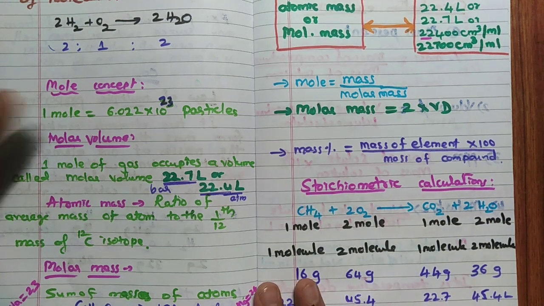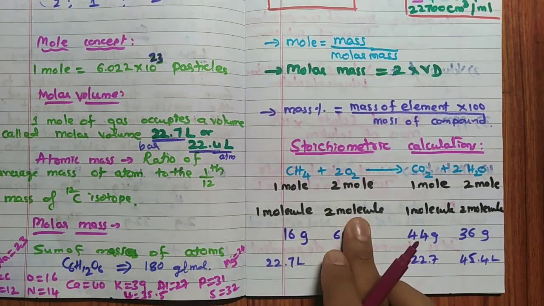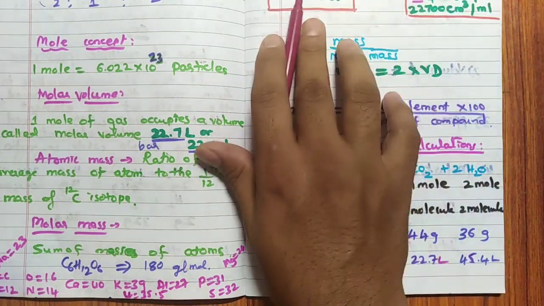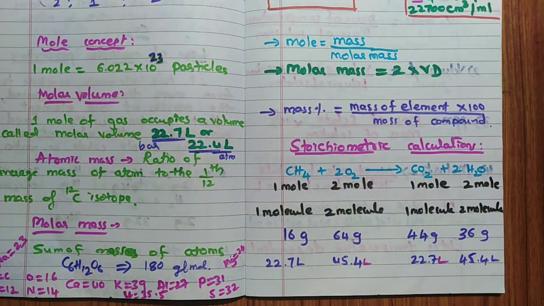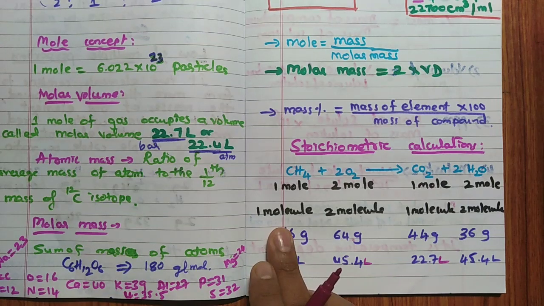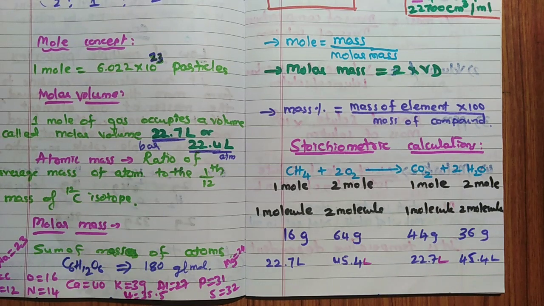Then stoichiometry calculation. This is another important point. Here we are going to relate mole with molecule, with mass, with volume. Remember, mole with molecule, with mass, with volume. Very, very important point. Similarly here, mole with molecule, with mass, with volume. I will tell you how to read this, because many times questions are asked on such concepts by giving reactions. Remember, they will give mole, you have to calculate mass. They will give molecule, you have to calculate liter. They will give mass, you have to calculate how many moles. In such cases, it is very, very helpful.